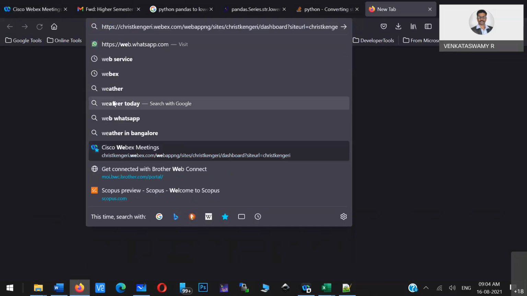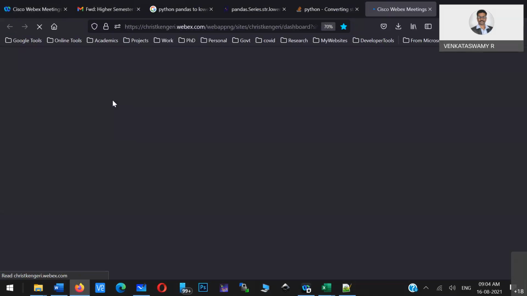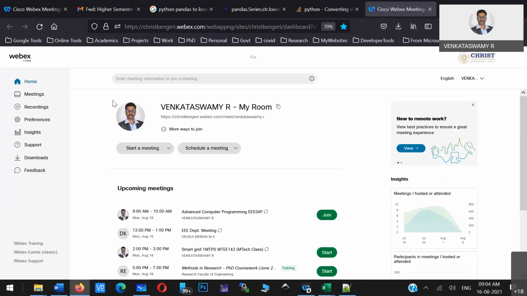Whenever I conduct a meeting, all your information will be logged in this particular portal. So this is basically the dashboard, the WebEx meeting dashboard. We have procured this WebEx software, and we can set up any meeting for any duration. Whenever we conduct a session, attendance will be logged, which means attendance will be recorded.